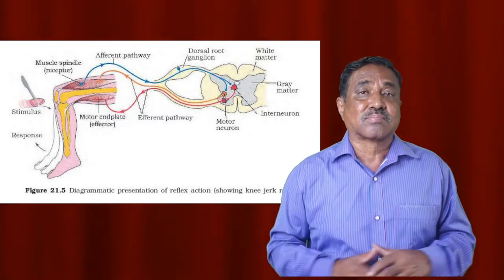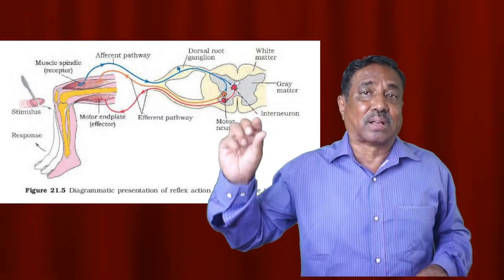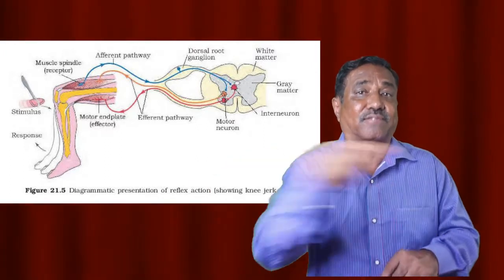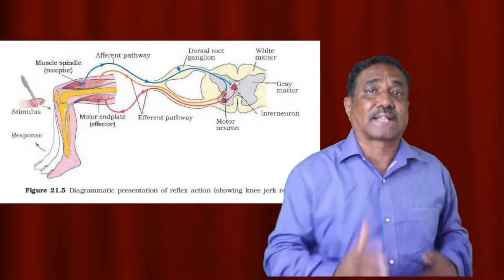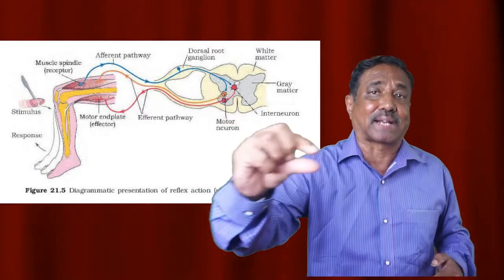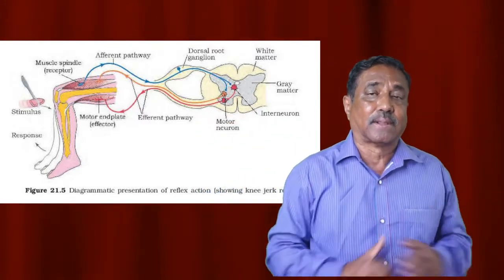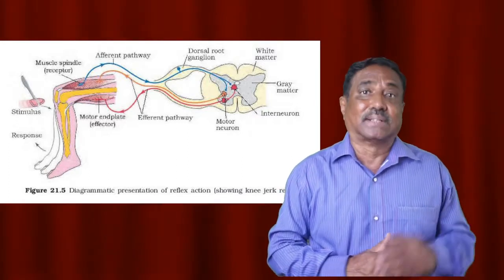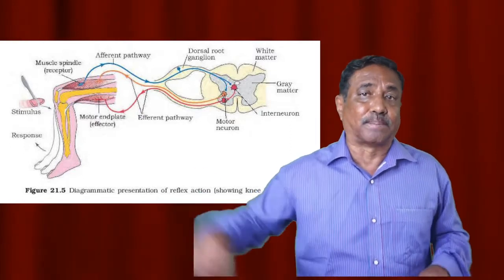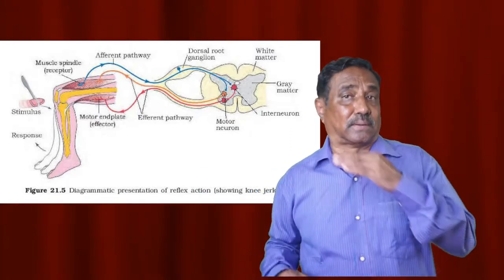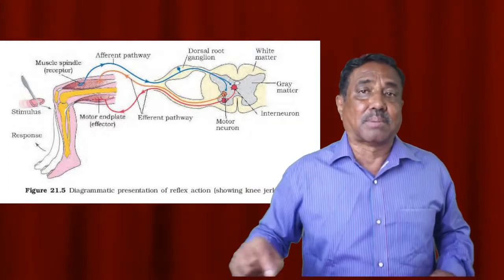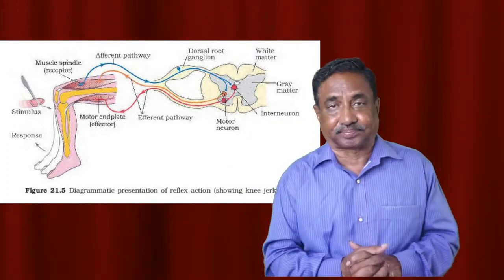And then, so what happens? The pathway of nerve impulses from the time of receiving stimulus to that of response is called the reflex arc. So it is the dorsal root, which has a ganglion, that acts as the sensor. It brings the message to the spinal cord, and it sends back the message through the ventral root, which is the motor nerve. So this is about the reflex arc.